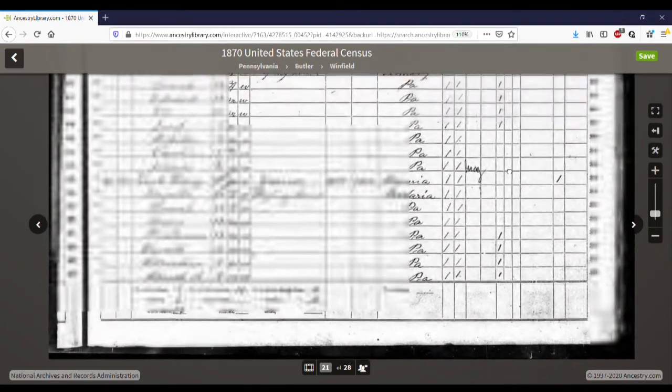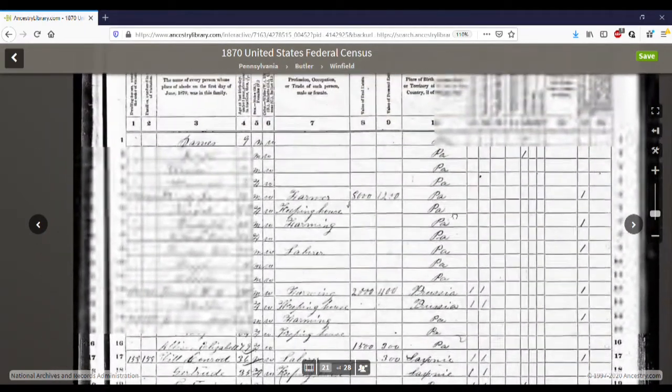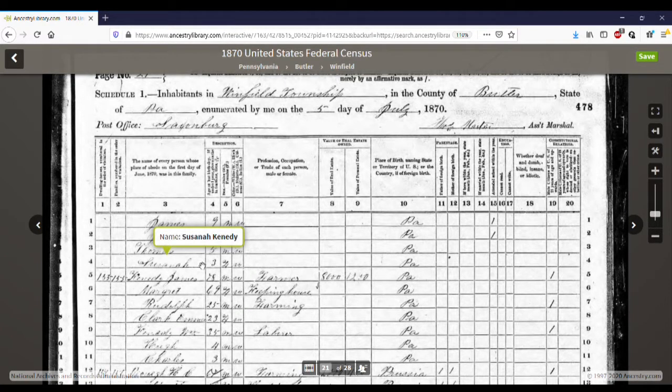And you'll see that it's loaded a new image for us. And if we scroll up to the top, and let that finish loading, we can see James, Joseph, Thomas, and Susanna, who are the remaining children in the Kennedy household. So this family was actually split onto two pages just in the way that this record was recorded. So if we didn't turn that page, we actually wouldn't be able to look at the names of everybody in